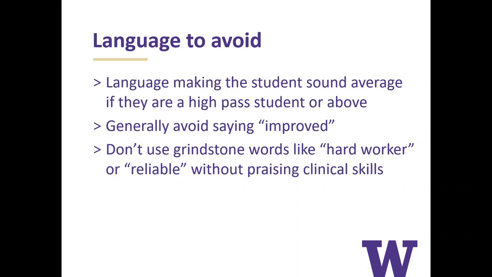So the more generous code for that is that they had an outstanding educational attitude. So growth mindset, I like that. You could say that they have a growth mindset, and you can say that they had an outstanding educational attitude and give an example of how they learned something or taught something to the team. That's great. And then it's fine to say that somebody's a hard worker or reliable, but those are sometimes used kind of as code for something nice to say about somebody where you can't say other nice things.